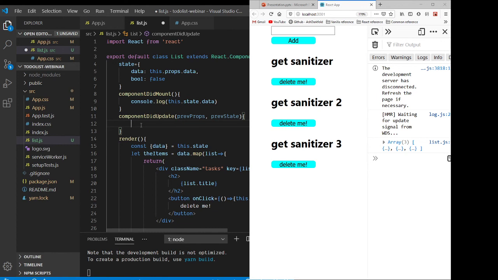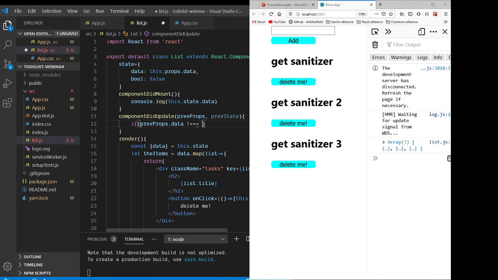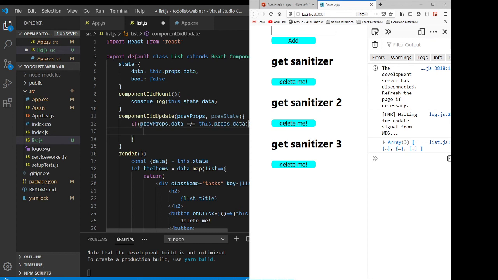So what we'll simply do is if prevProps.data is not equal to this.props.data, basically if something has changed, we're going to be setting the state again. This.setState